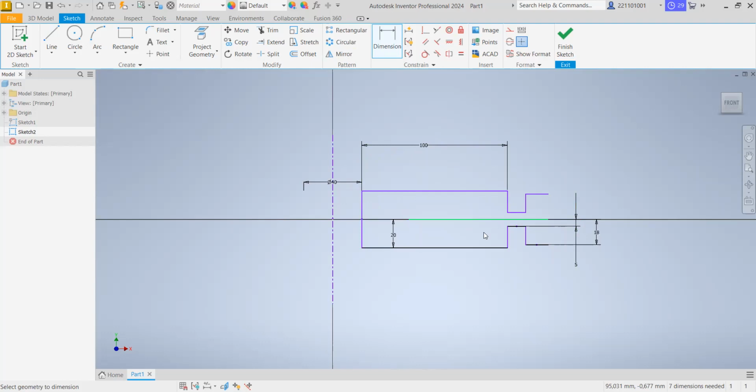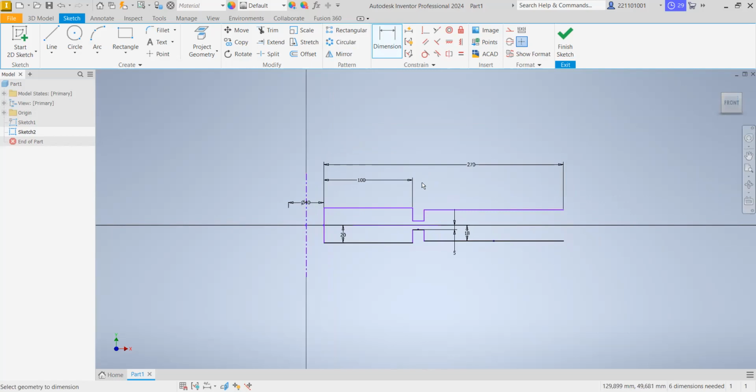And then the whole wheel is 270, which means from here to the end of the thing is 270. And then from here to the center,